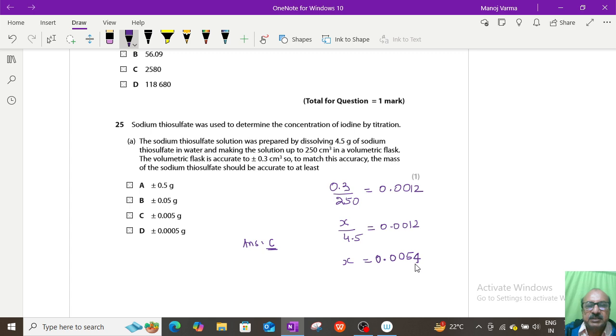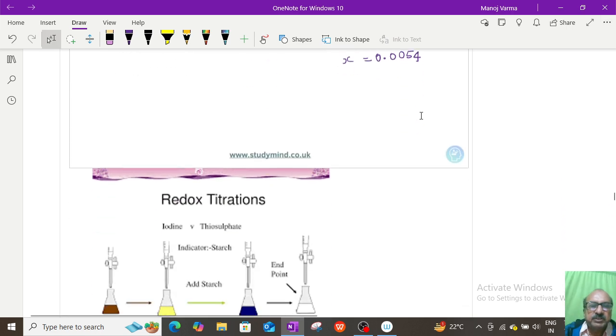That should be the uncertainty or the accuracy in the mass of sodium. So that is the answer C. Hope you understood this. Okay. So now we go on to question number